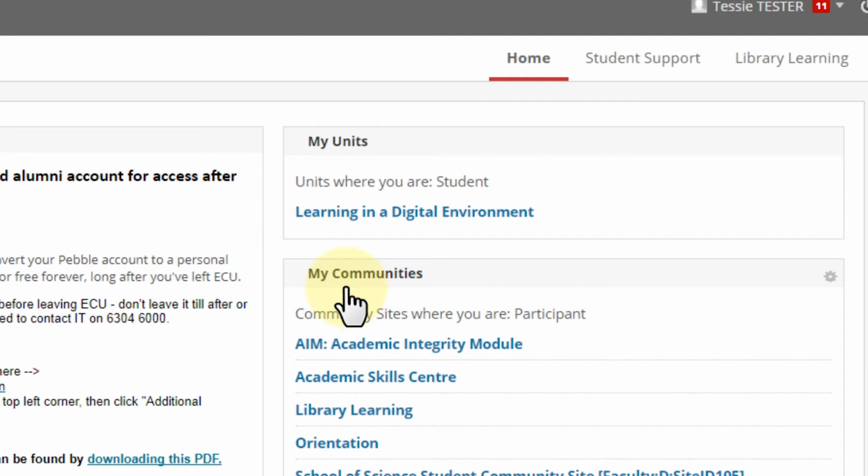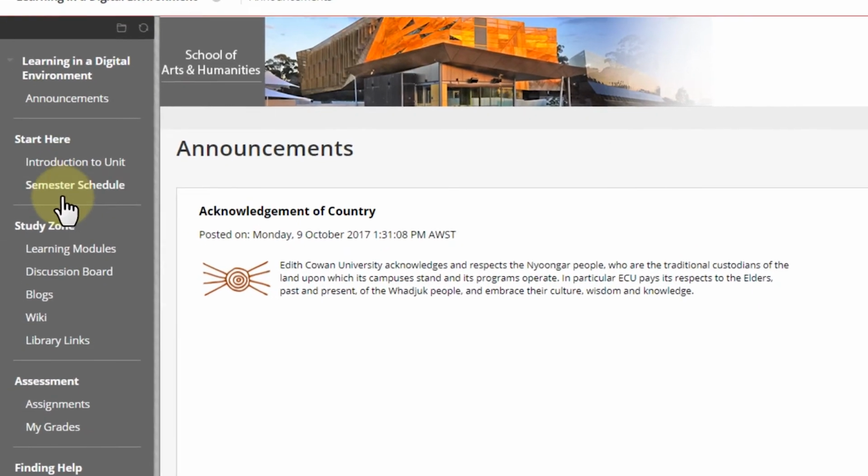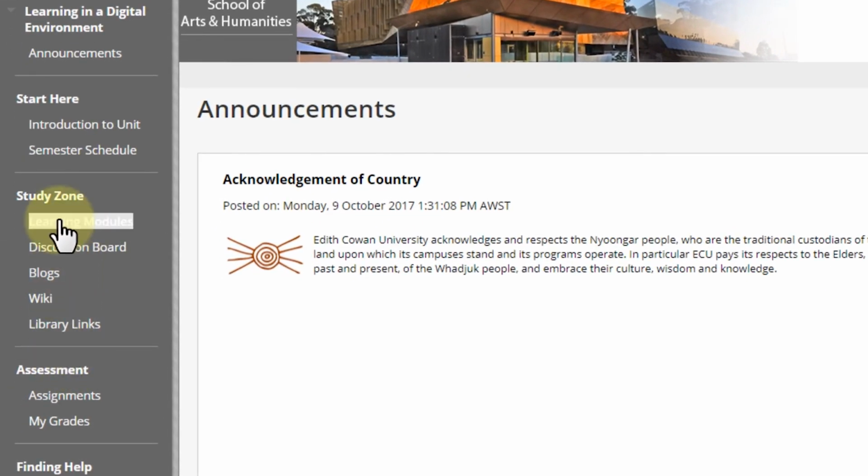Now we'll scroll up and have a look around inside a particular academic unit by clicking on its title. Note that your units may look different than this example, but even if the specific menu names here on the left are different, there should be some common areas and headings which are used to make navigating around more intuitive.